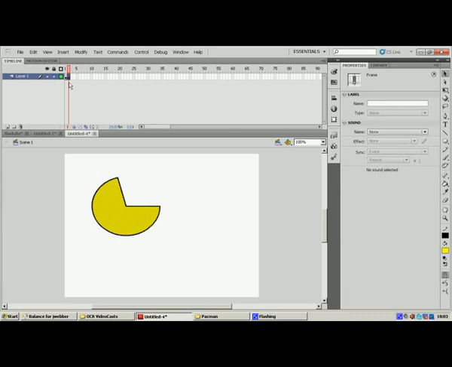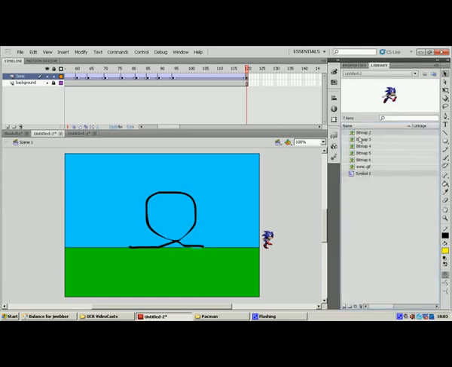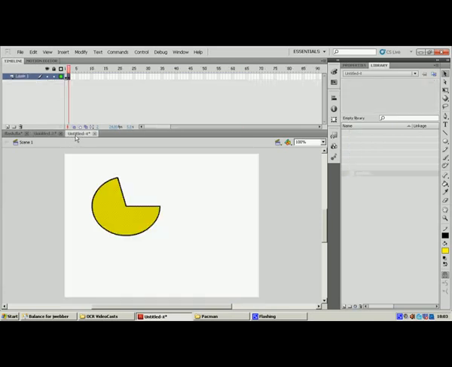If you saw our Sonic previously, you'll notice that when we imported it, we had the bitmap. So imagine that is the frame of Pacman closed, and then this is the frame of Pacman with his mouth open. And we had those individual ones, and we imported those into our library for Sonic, and then we had a symbol which added them all up together. We're going to do the same sort of thing now with our Pacman, although we're not going to have it